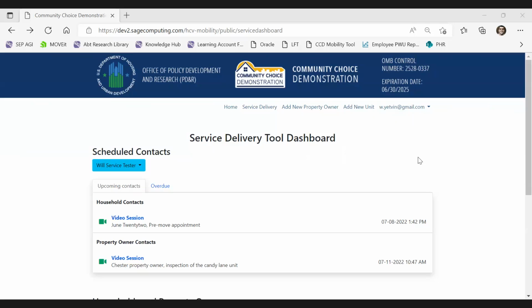This video will go over adding activities to family contacts in Phase 2, pre-move appointment, and Phase 3, family preparation.